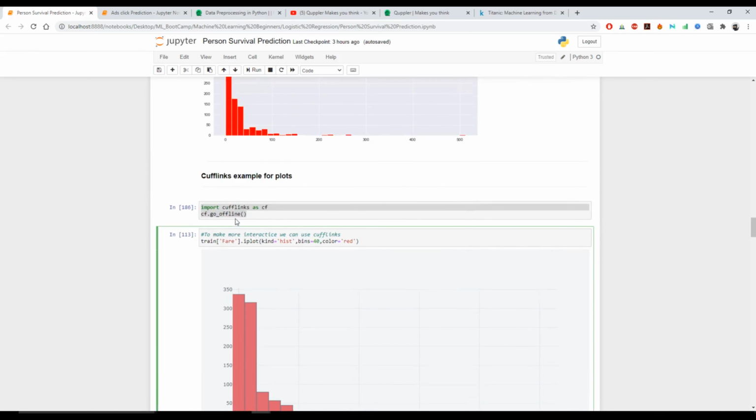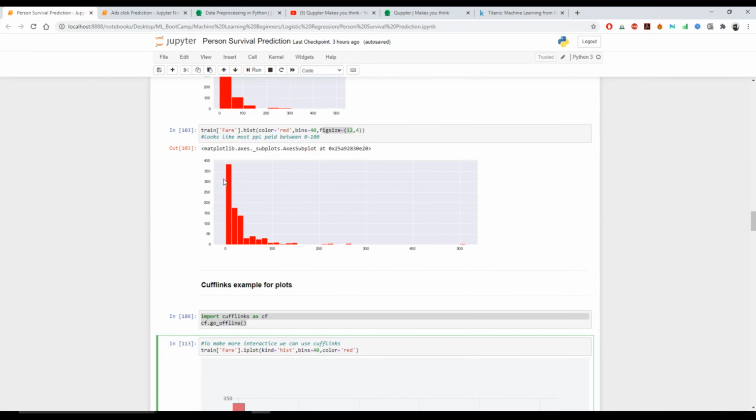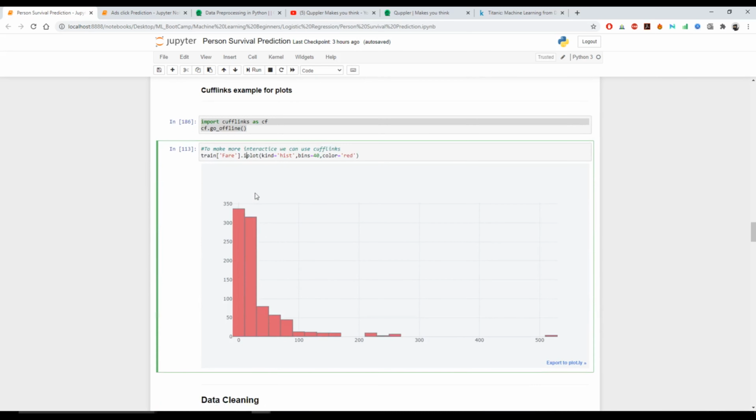Why cufflinks? Because in matplotlib you cannot zoom or see each of the values. But after using cufflinks and passing the kind as histogram, you can set the bins and the color. On hovering over each bar, you can see what range of data is present. So this is more interactive as compared to matplotlib.